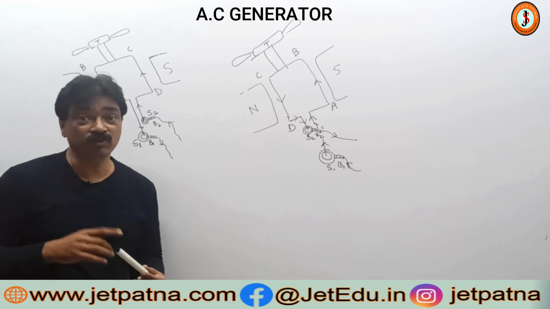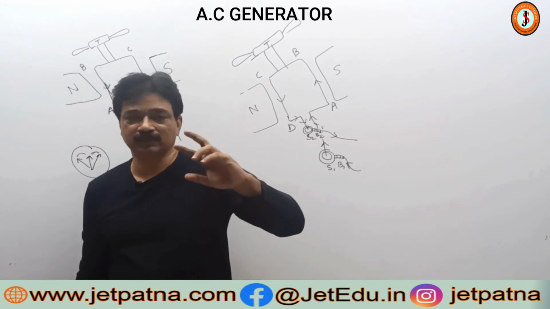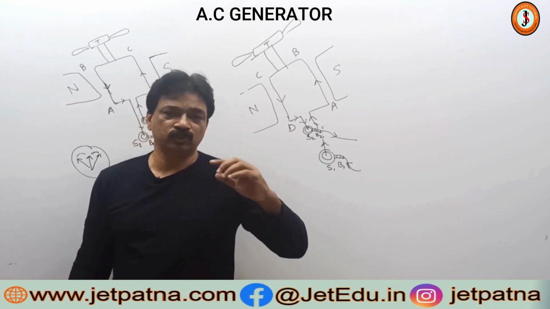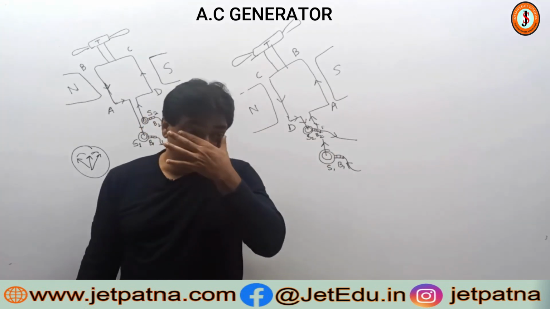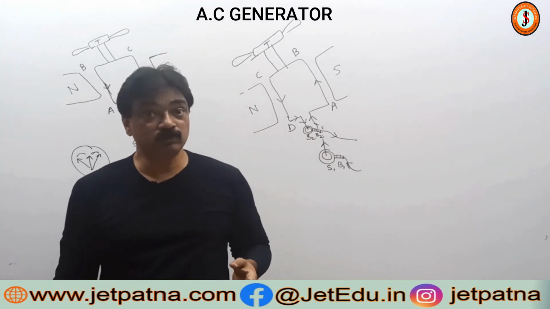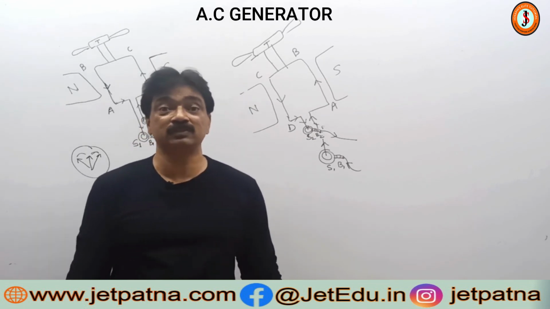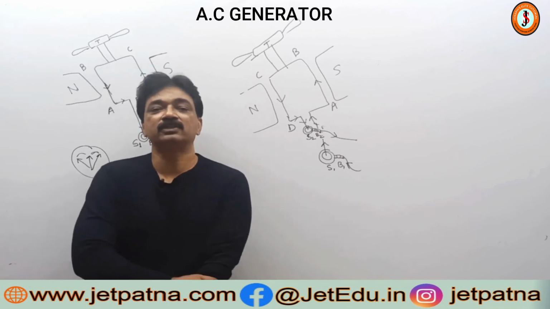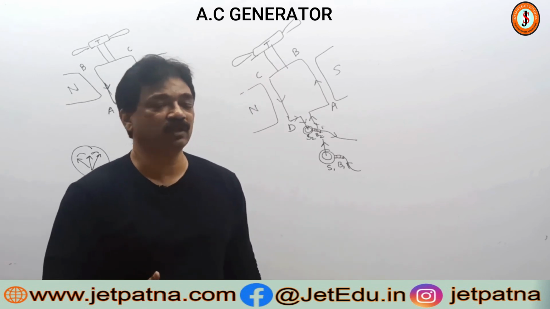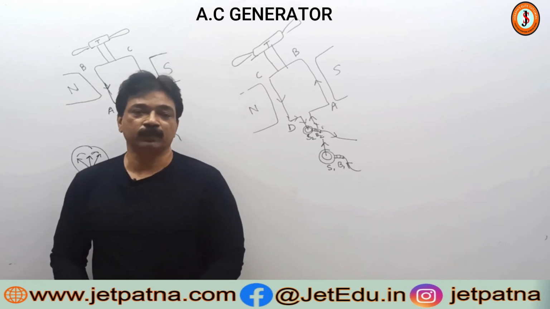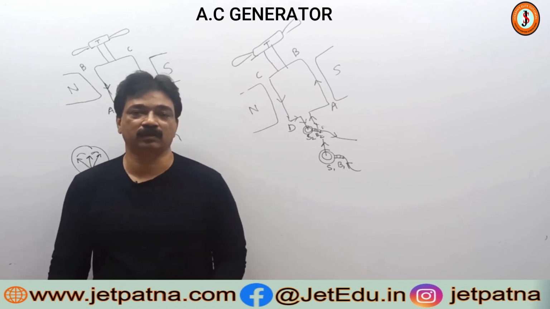So for every full rotation, current direction changes twice. From 0 to 180 degrees it changes once, and then from 180 to 360 it changes again. That is why the number of times per second the direction changes gives the frequency of current which we receive. It is different for different countries at times. So you try to find out what is the frequency of current we receive in India and what is the frequency of current the US receives.